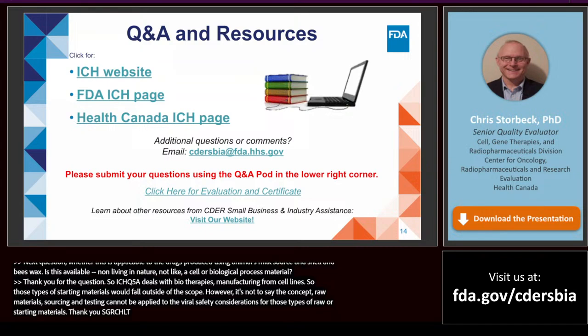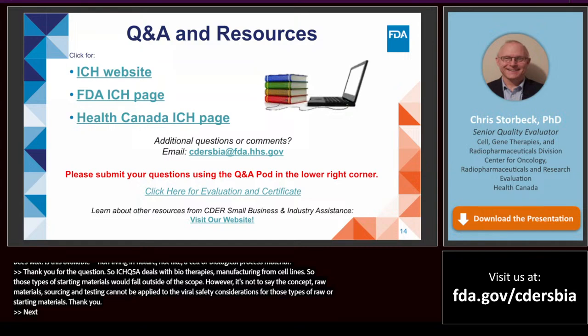Great. Another question. Next generation sequencing is mentioned in the revision as a method that can be used to replace the in vivo virus detection methods and supplement or replace the in vitro virus detection method. Why does the revised guidance promote the use of NGS over the in vivo methods and in vitro method?